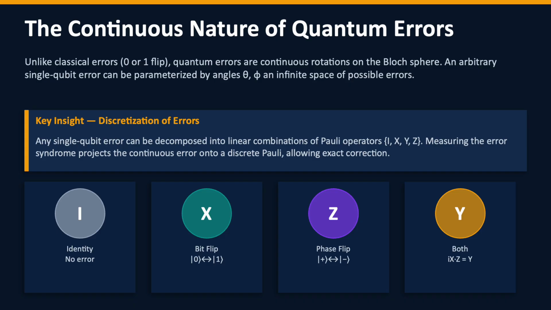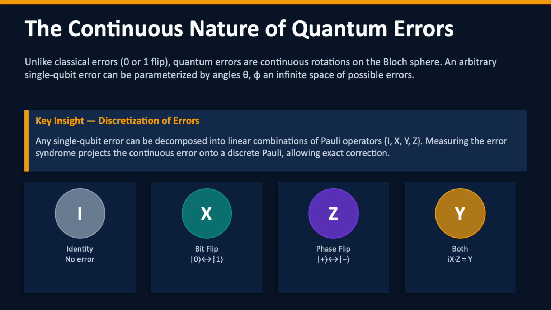The continuous nature of quantum errors. One of the most intimidating aspects of quantum error correction when you first encounter it is the idea that quantum errors are continuous. In a classical world, errors are all or nothing events. Either a bit flipped or it did not, but a quantum bit can be rotated by any tiny amount in any direction in a high-dimensional space of possibilities. At first glance, this seems to make the problem infinitely harder. How can you correct an error when it could be any of infinitely many different things?